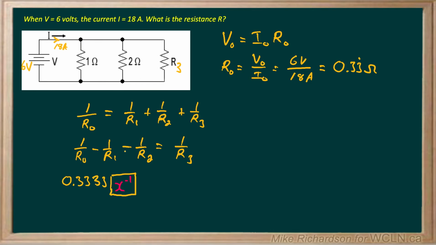Now I'm going to do exactly what the expression says. Now I'm going to subtract 1 over R1. Now R1 is 1 ohm. But I don't want 1, I want 1 over that, which of course is still going to be 1, but let's put it in anyway. So I still have to flip it. Minus 1 over R2. Now R2 is 2 ohms. I don't want 2 ohms, I want 1 over 2 ohms. So I find that button, x to the minus 1, and I work all of that out, and that gives me,